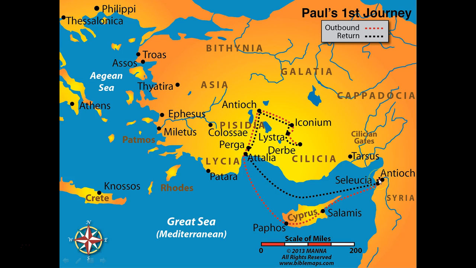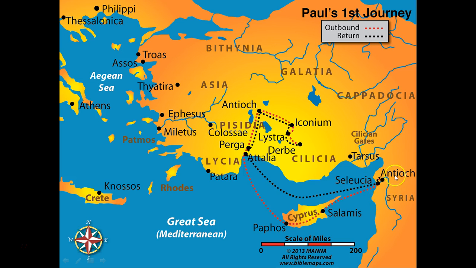And the purpose of going to Antioch is to give a report on what happened, because there were Jews here, of course, and that's what the book of Acts talks about, but there were Gentiles, and that was the idea of sending him out. He was going to be preaching the gospel to not just Jews, but now to Gentiles, and that was the great commission of Jesus Christ before he ascended up into heaven. So he reports to the church at Antioch what's going on.